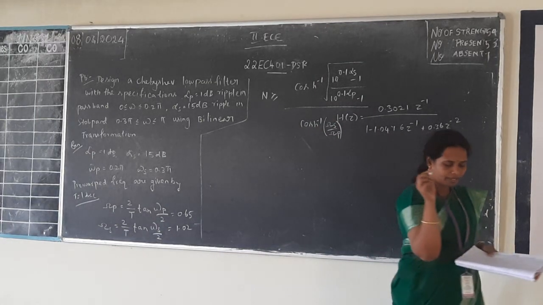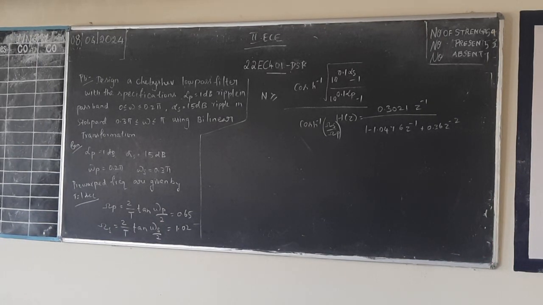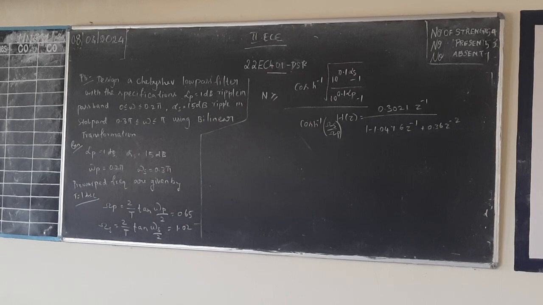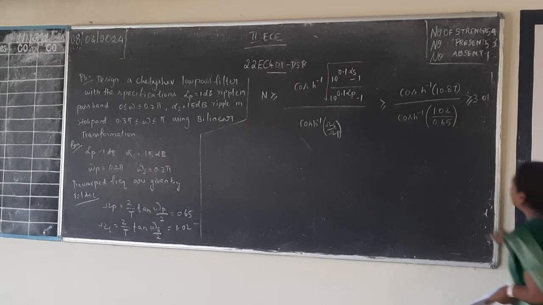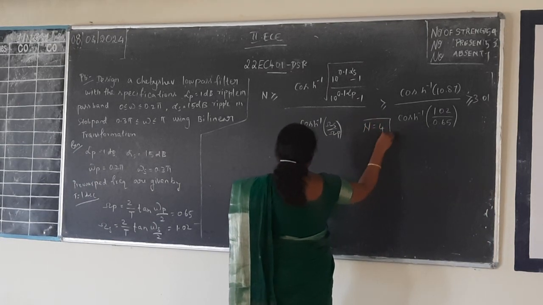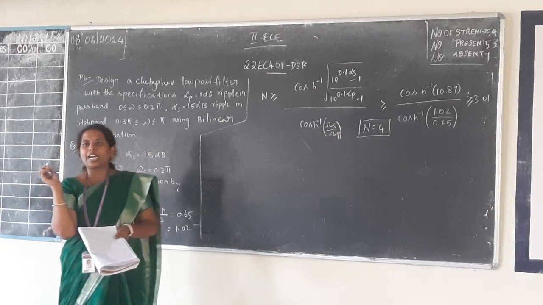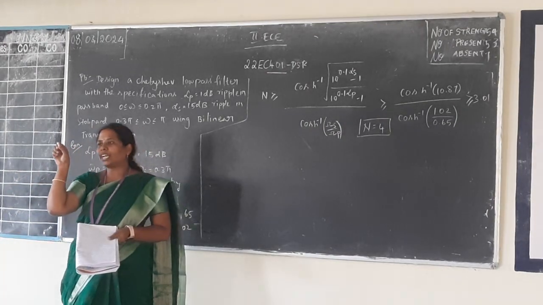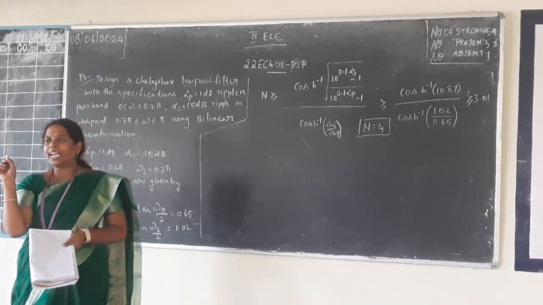Let's do this one. Everyone do this one and tell me the answer. Do it fast. So take that as n is equal to 4. Okay, n is equal to 4. Then find out the axis of the ellipse. We have to find out the axis of the ellipse. Okay, put that in, everyone sit straight.